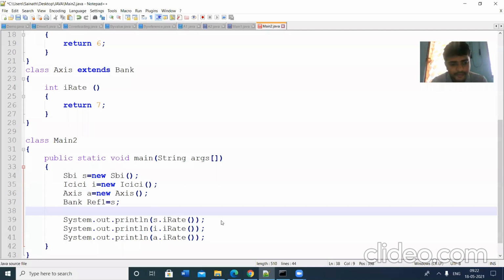Then with the same reference object, I am assigning the object I. Then I can implement this with ref1.irate. Then the same ref1 is assigned the object A, so it can be implemented with ref1.irate.